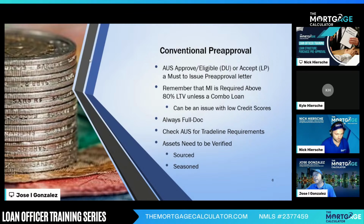Conventional pre-approvals, again, this is obvious, but sometimes you have to restate the obvious, because it's not the first time that an MLO has called me on a non-QM loan saying they keep getting an error. They can't figure out how to run DU because it's not applicable. But it's the opposite here in conventional loans. They're always full doc, and again, always AUS. Check the AUS for the trade line requirements, because sometimes that's what it's going to boil down to. Look at your findings, right? Look at the findings in the AUS